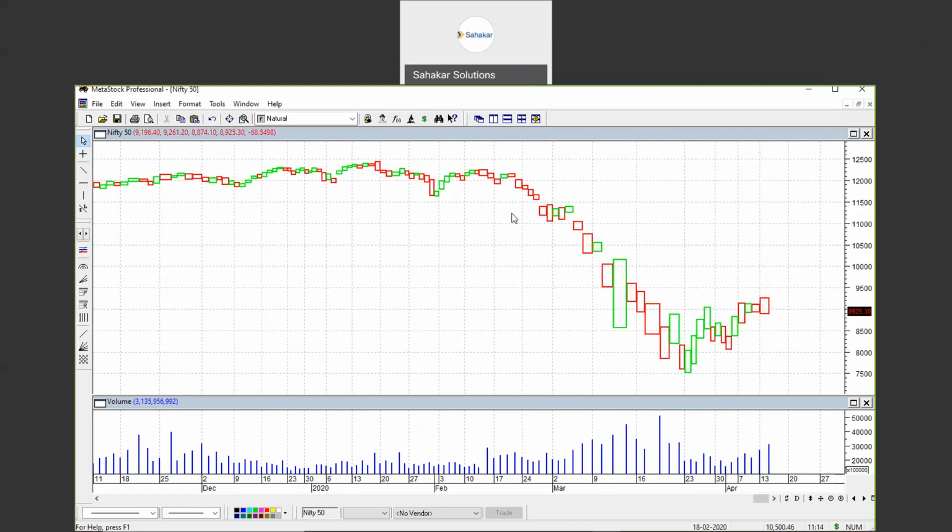called the equivolume chart. It depicts whether the prices are moving up on high volume or low volume, how much volume is associated with a particular price action. This gives us a better understanding and formations of the chart so that a trend reversal can be anticipated. When certain types of formations appear on the chart, then trend reversal can be anticipated. We will take up one by one at a later stage.